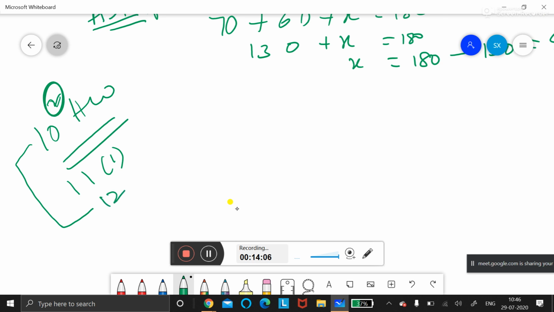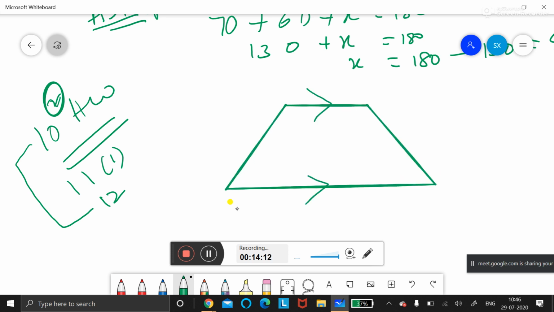Wait, I'll teach you the trapezium. What do you mean by trapezium? Any one pair of sides parallel, we call it a trapezium. Suppose PQRS is a trapezium. In that, write PQ is parallel to SR. What is the line PS called? PS is not parallel to RQ. These are non-parallel lines, and PS is called a transversal.